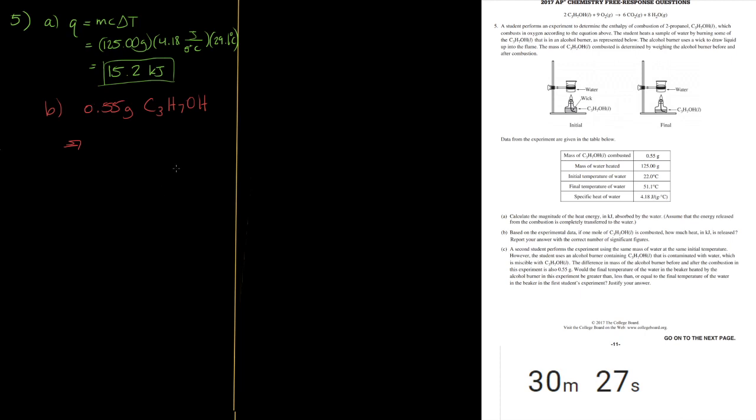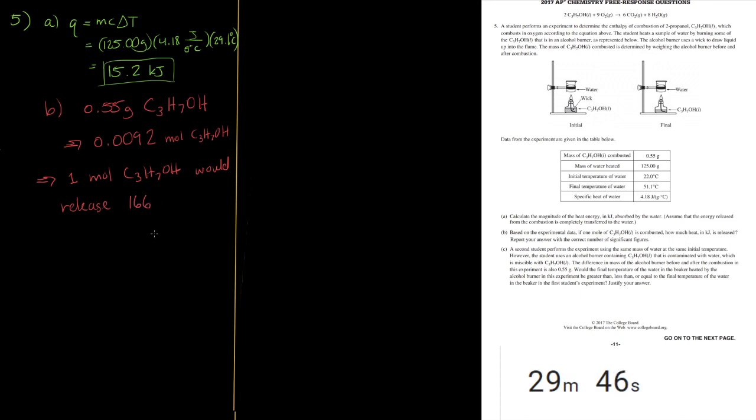This tells us that this many grams is equal to this many moles of the same compound. Cool. And 15.2 kilojoules were released by such a small amount of moles. That tells us that 1 mole of C3H7OH would release, and now we simply divide 15.2 by the amount of moles that were actually there, to say it would release a whopping